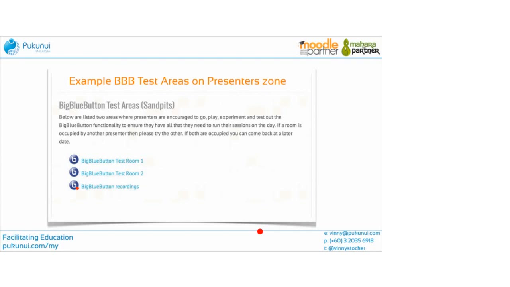But so that they can practice the Big Blue Button features, you need to have either a non-editing teacher or a teacher role to be able to practice screen sharing and presenting and upload slides and things like that to the Big Blue Button rooms. So there's a number of different ways that we could have done that. We could have created a new